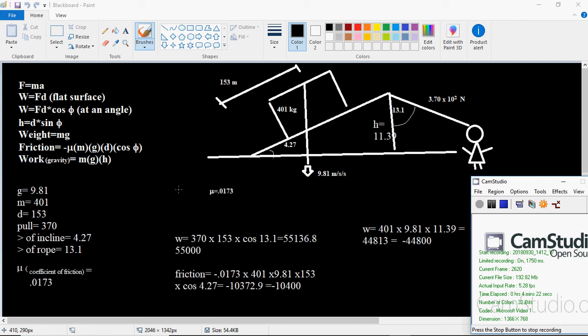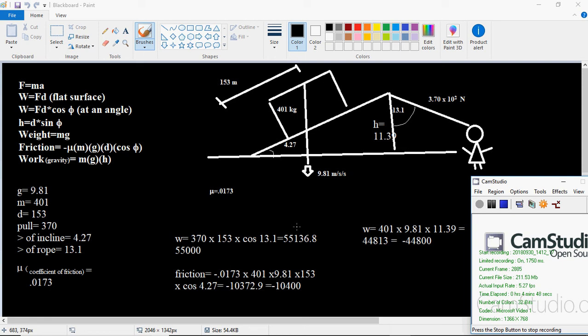Okay, we are looking at our displacement, which is 153 meters. That's how much it's going to be moved. So we put the 153 down here, and then multiply that by the cosine of our rope angle to the ground, 13.1. And when you do that, you should come out with